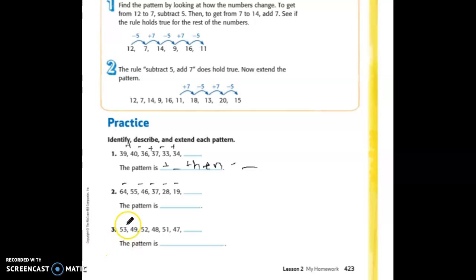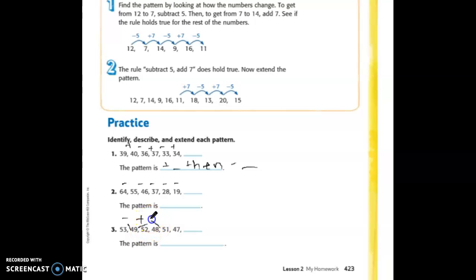Now this last one, we've got 53, 49, 52, 48, 51, and 47. And as you can see, we're kind of going down, and then we're going up, and then we're going down, and then we're going up. So this is going to be another one where 53 to 49 is going to be subtract. 49 to 52 is an increase, so that's going to be adding. 52